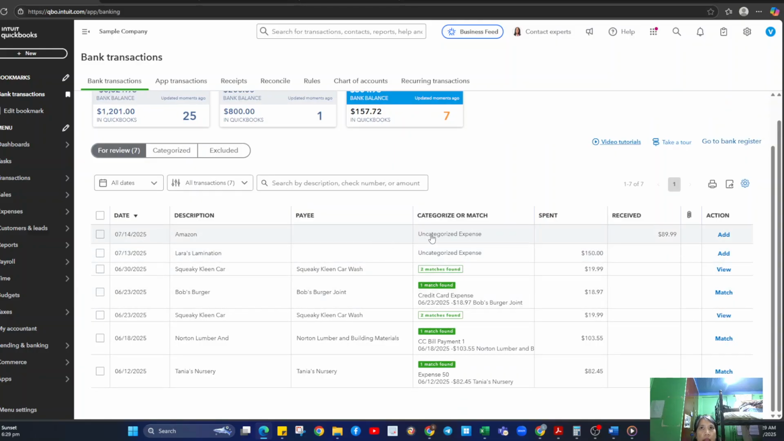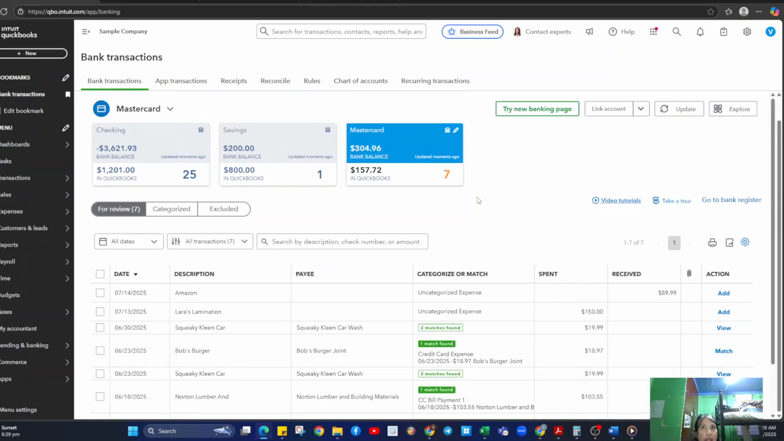This one, like an uncategorized expense. If it's an expense, how come it's not spent? So is this a refund also? So this is something that has to be checked by the accountant. All right. Now we're good with this,